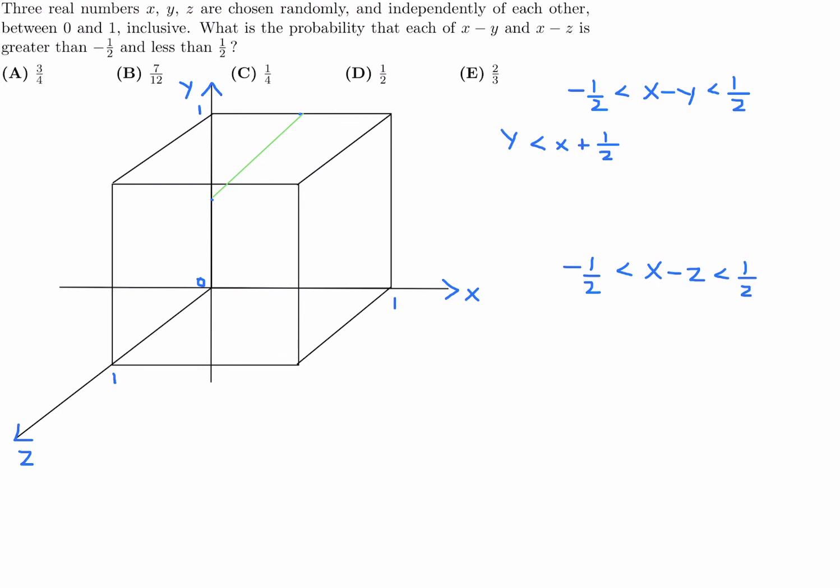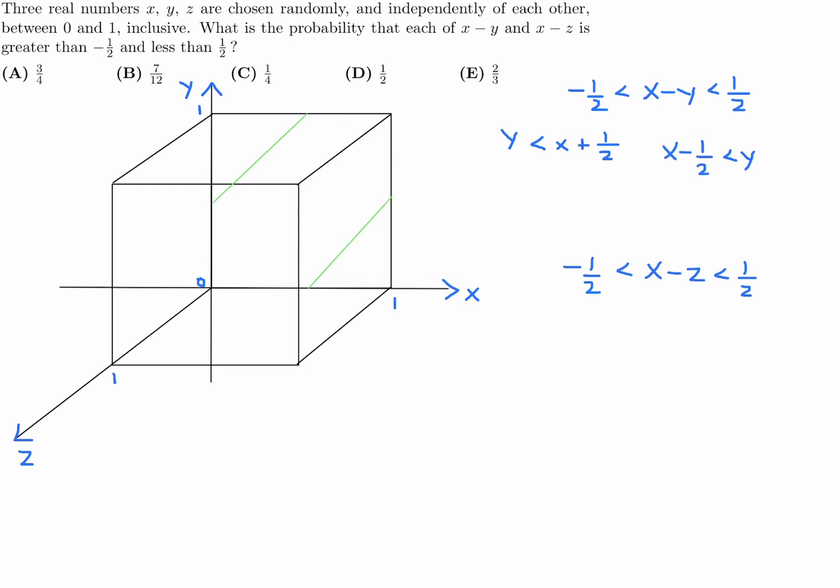So remember, we're just looking at the xy plane right now. Later we'll look at it with the z-axis. Now let's look at this part. That would basically mean that x minus 1/2 is less than y. So again, let's plot that. When x is, say, 1/2, you're going to have a 0. So that's going to be approximately